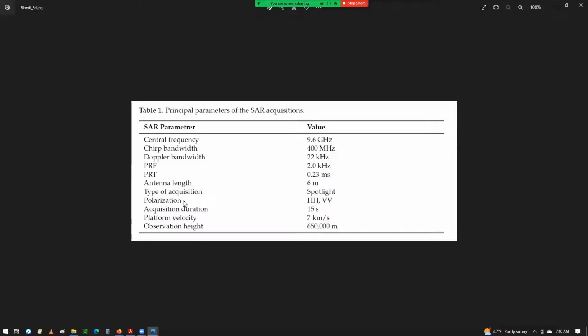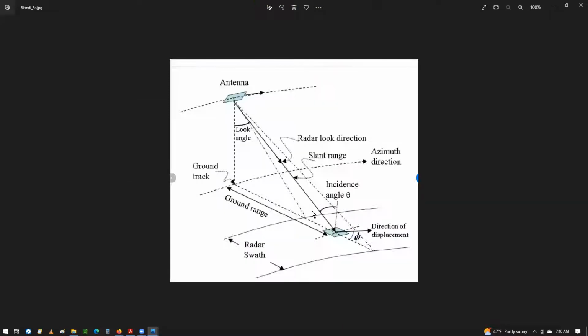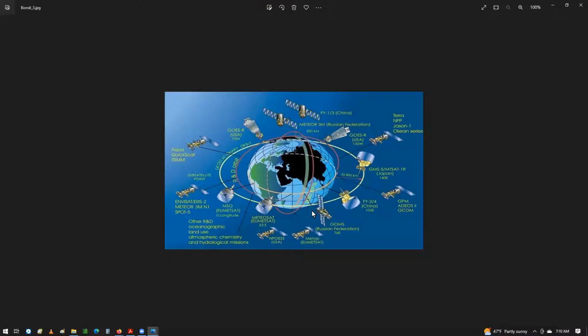The measurements are very quickly done. 15 seconds is one measurement, and then the satellite is gone. It takes 100 minutes before it sweeps back down. But then since Earth rotates, let me just go back, right? So the satellite sweeps down or sweeps up depending on which way the satellite is moving, but the Earth is